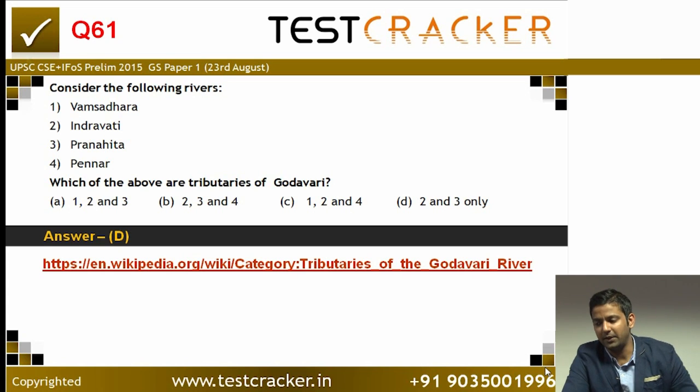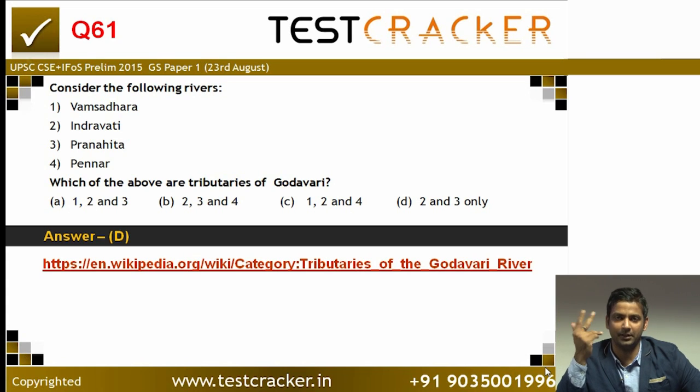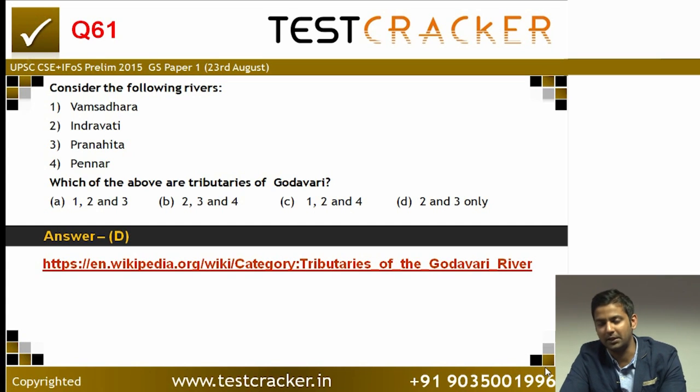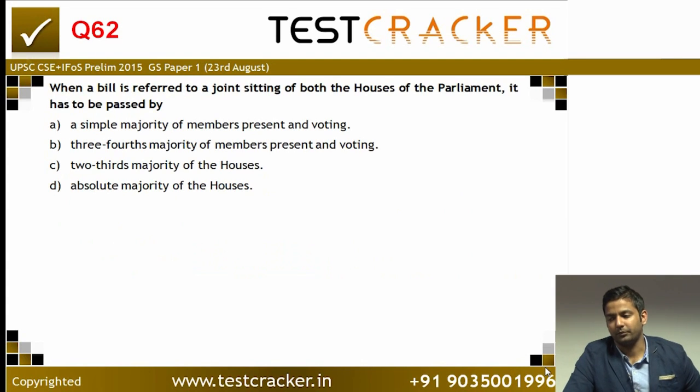So, again, as we are seeing a trend, this year we are seeing tributaries of the Godavari river. Next year you might be asked about tributaries of Narmada, or any other major river of India. You need to memorize them, and if you do not want to memorize them, you just need to become absolutely comfortable with the geographic map of India, hills and rivers, where they flow from, to an extent that you should be able to draw them, the flow of rivers from one part to another and the tributaries.